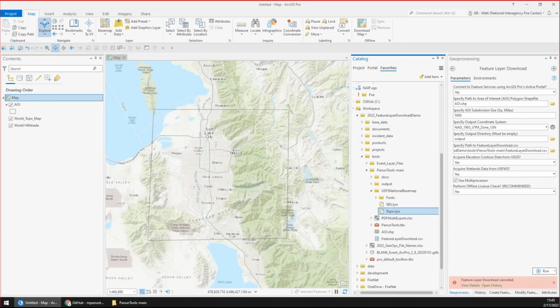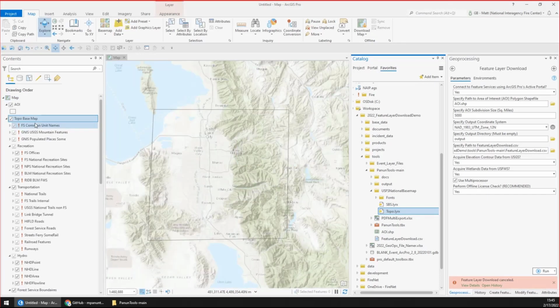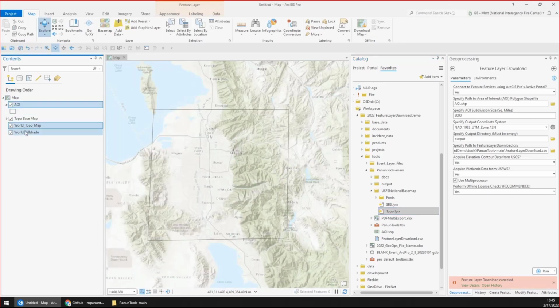So the first layer file here is the topo layer file, and this provides symbology for a topo style base map with pretty standard topographic features. And the second layer file is the SBS layer file, which provides symbology for a secondary base series style base map. This style is similar to that of a Forest Service visitor map or a travel map. So one layer file might be more appropriate than the other, depending on the intended use of the map you're trying to build. But let's just take a look at the topo one. I'll add that to my map. And I'm actually going to dump all these other layers that were already in there.